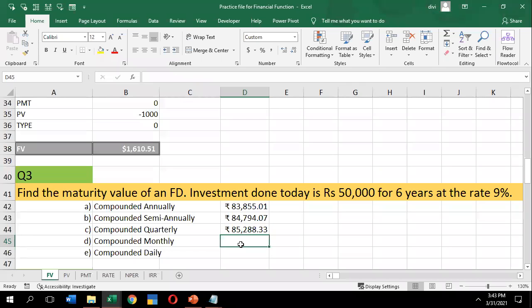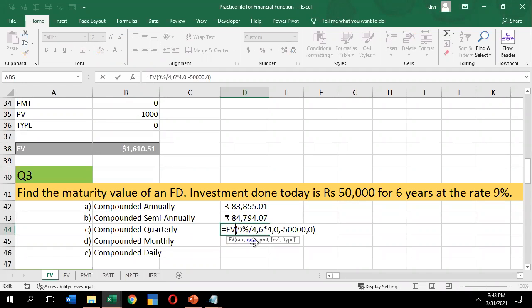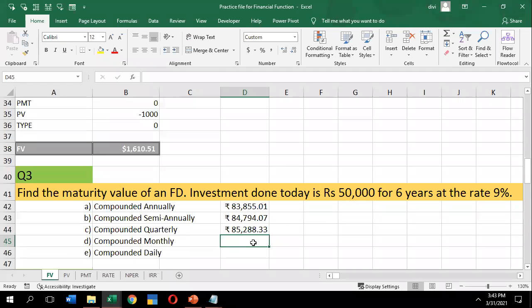Now I want to find monthly. So how many months? We know that 12 months. Same as it is, instead of typing 4 for quarterly, we have to type 12 months. Okay, let me do that one.